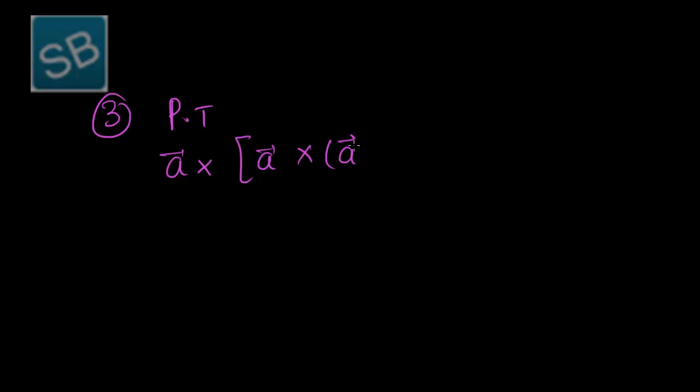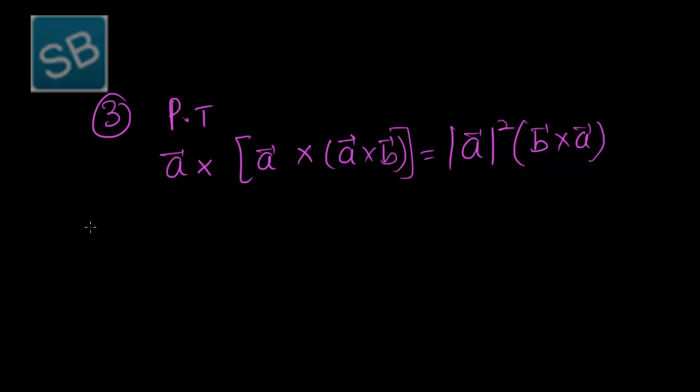Now the next problem is, prove that cross product of vector a with vector a cross b is equal to modulus a square cross product of b cross a. So we have to prove this. Now the solution is, we will take first of all left hand side,